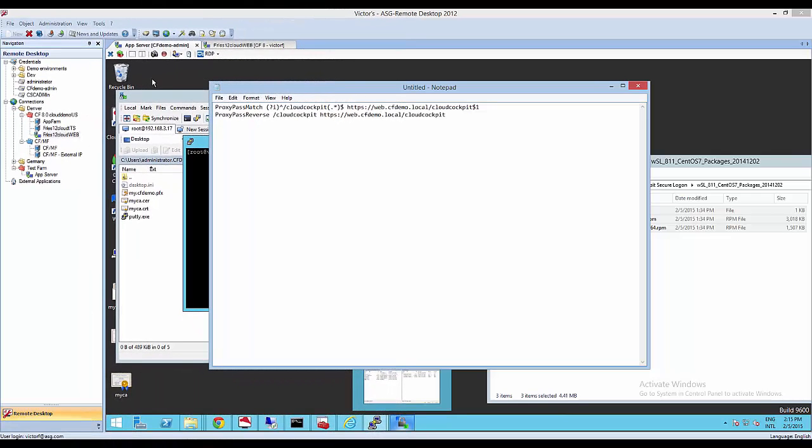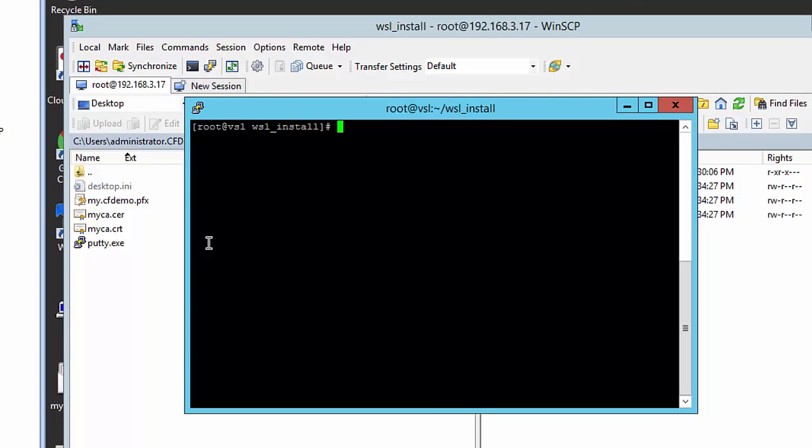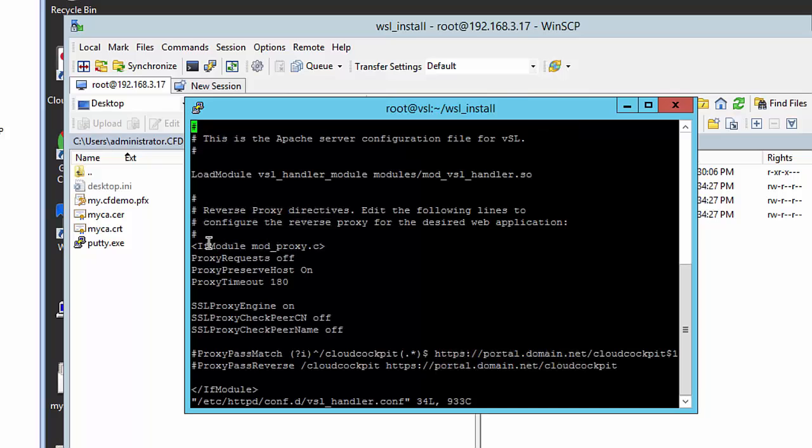And now we have to configure the last step here, the Cloud Cockpit workspace access. So back here in the console, we have to edit one more file in the HTTPD application, the Apache, which is the WSL handler. So let's do vi etc httpd confd WSL handler. Okay, and now we have, there's a couple of examples here, and I prepared one already for us